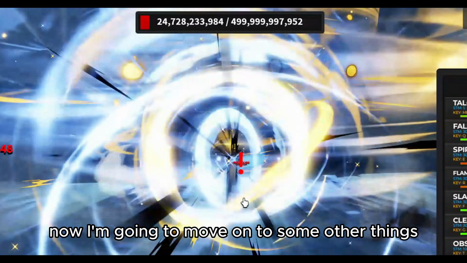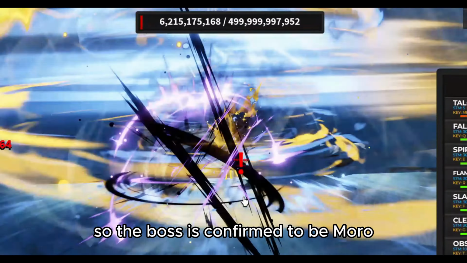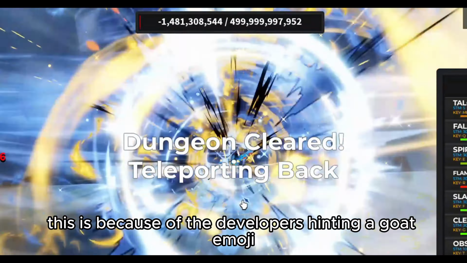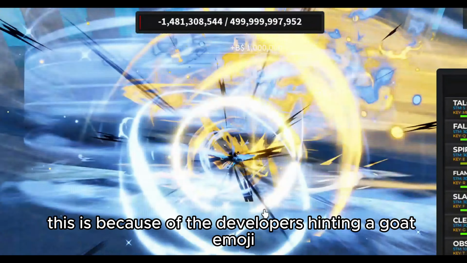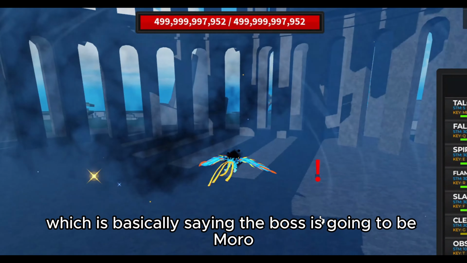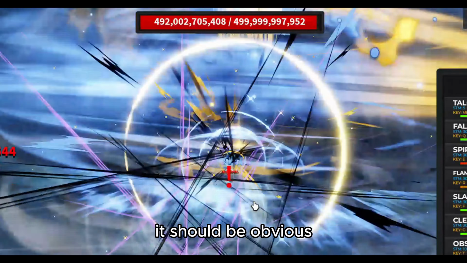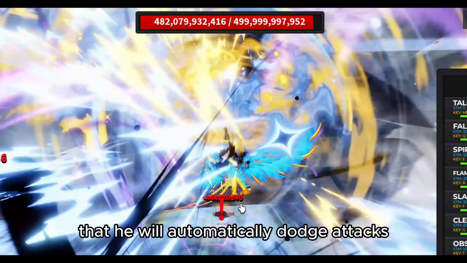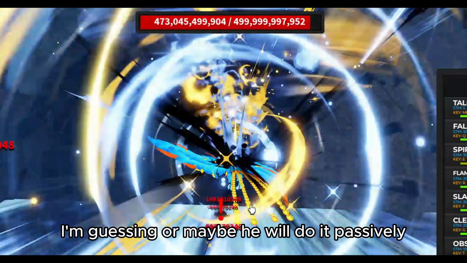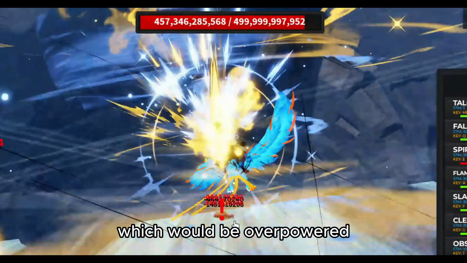Now I'm going to move on to some other things like the dungeon and its boss. So, the boss is confirmed to be Moro. This is because of the developers hinting a go emoji, which is basically saying the boss is going to be Moro in the dungeon. As for a passive of Ultra Instinct, it should be obvious that he will automatically dodge attacks when a move is used, I'm guessing, or maybe he will do it passively, which would be overpowered, but